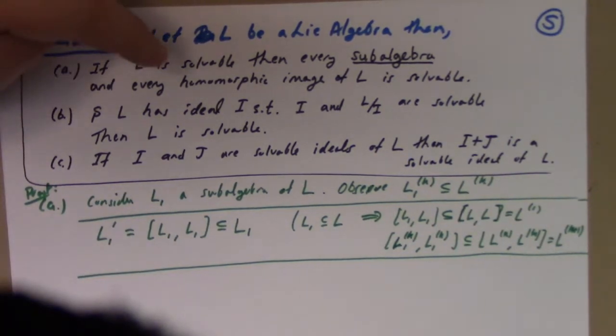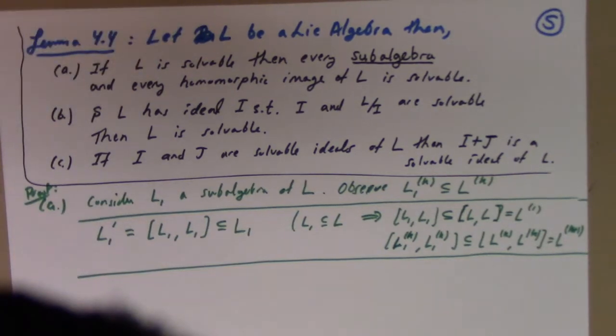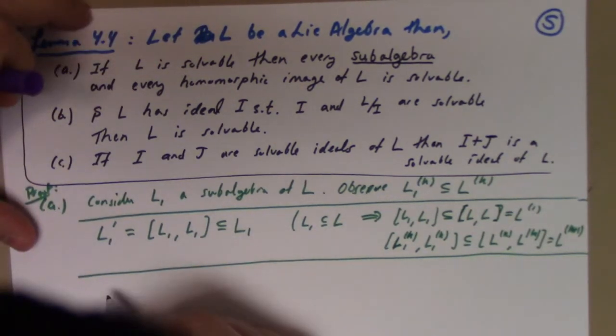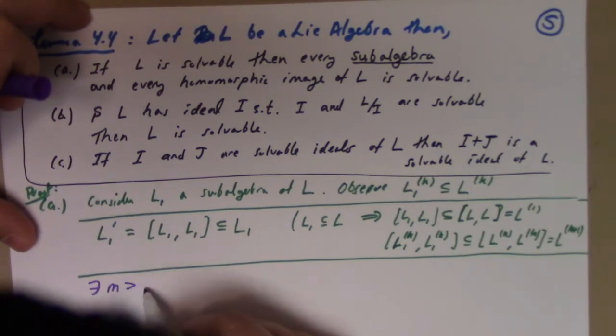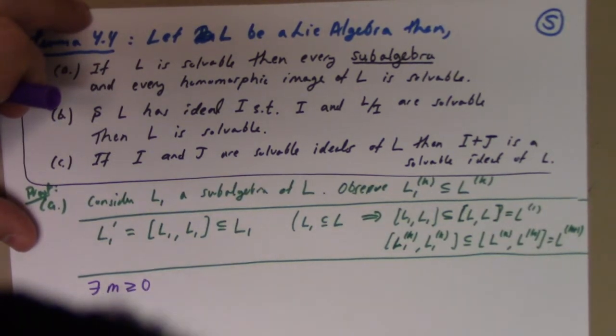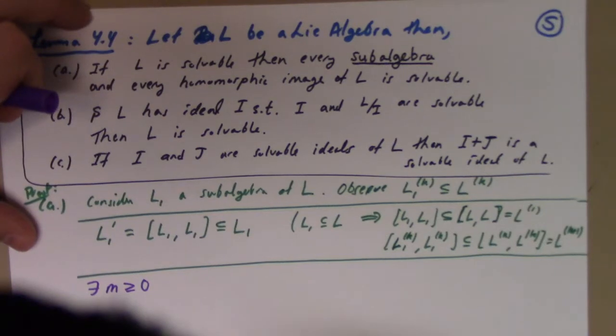L was solvable, right? So that means there exists M greater than or equal to, is it 0 or 1? I think 1. 0, okay. Yeah, it's 0. That allows for abelian algebras to be solvable, because if M equals 0, that means the derived algebra is 0, which means the algebra is abelian. So M greater than or equal to 0, such that